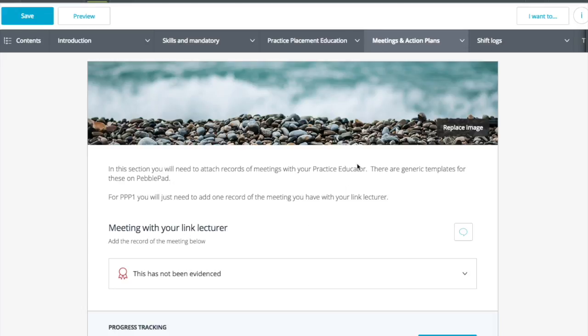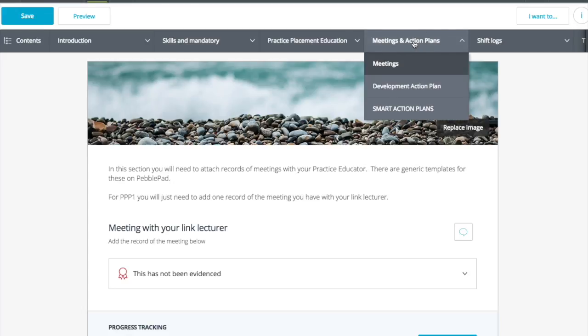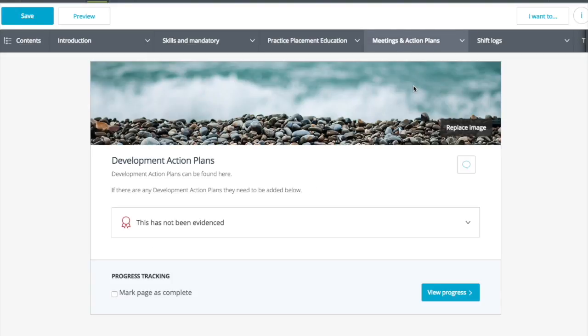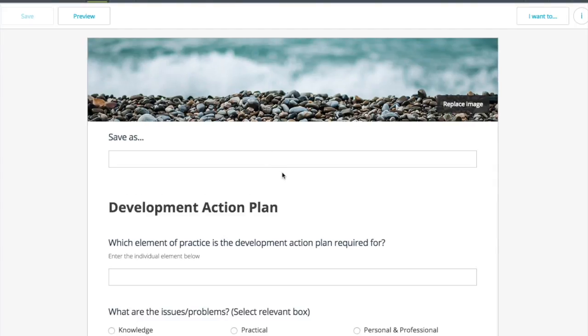But what happens if the student's not progressing and not doing very well whilst on placement? Well, within this tab there's a link to Development Action Plans. And this is for students who need some more support, really. And if you do have a student who's in this situation, please make sure you contact the YAS placement team,